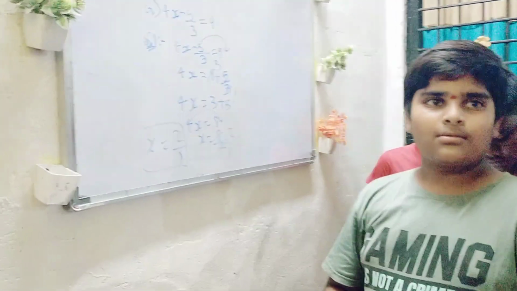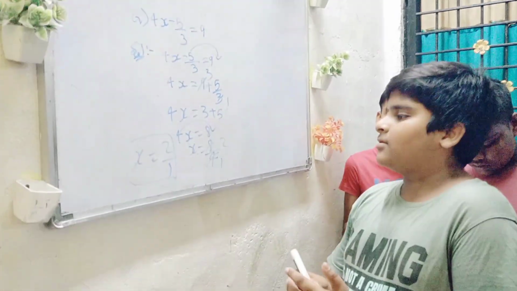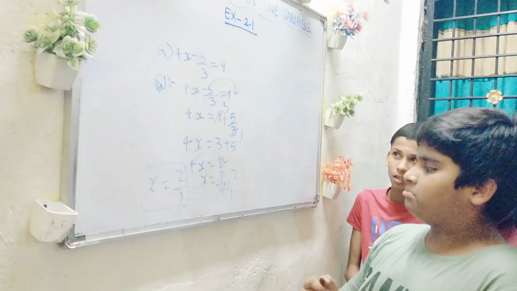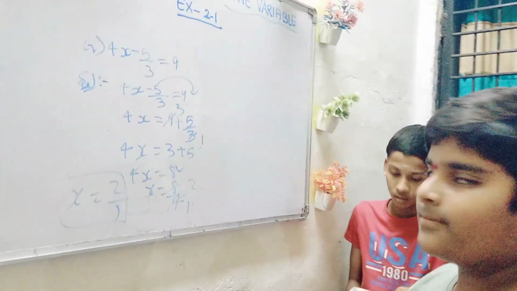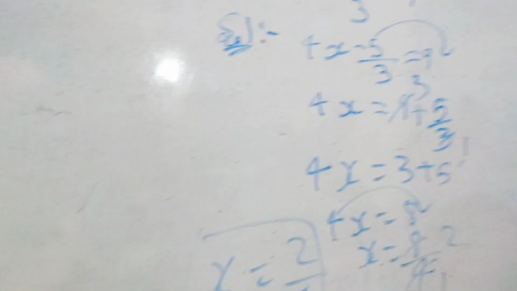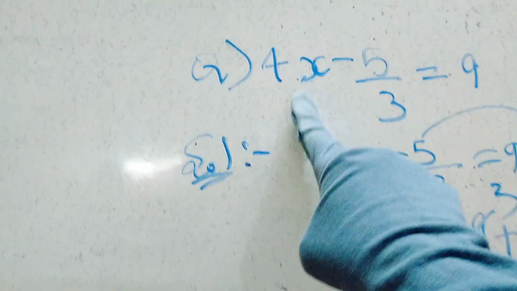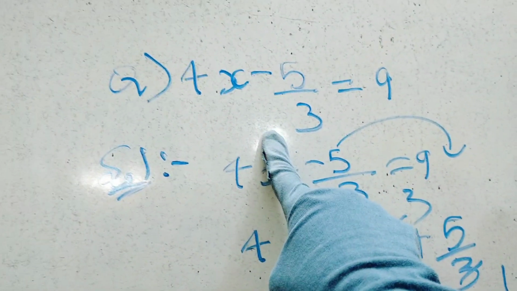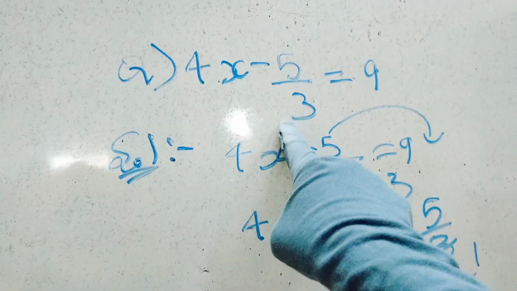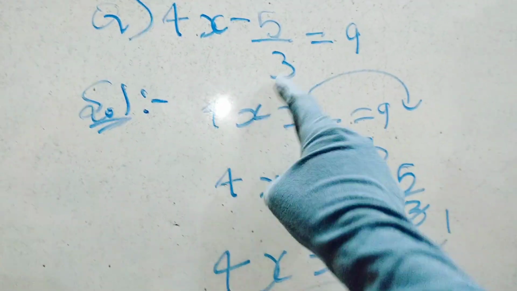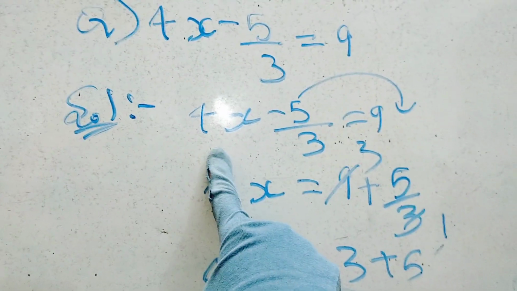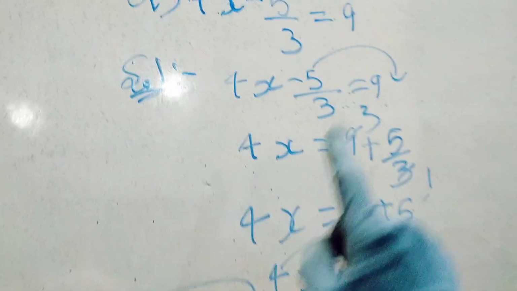No, dear. It's not correct. Where you made a mistake, you tell me. See, kids, listen here. It is 4x minus 5 by 3 equal to 9. So there is a fraction here. What you did, you wrote 4x as it is, variables you are taking to one side, and the fraction